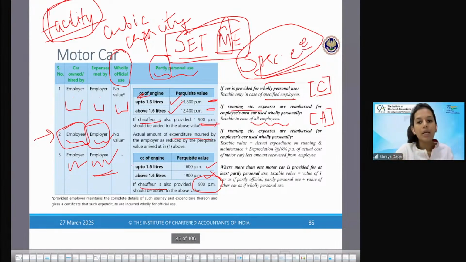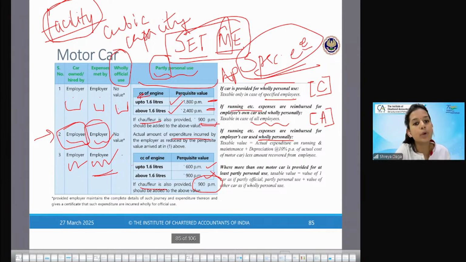If running etc. expenses are reimbursed for employer's car used wholly personally. So suppose the car is of employer and it is used wholly personally. Because the table that we were seeing was for partly personal, and wholly official is not taxable. Partly personal, this was the rule. But what if wholly personal? If wholly personal is the case and running expenses are reimbursed by the employer for employer's own car,